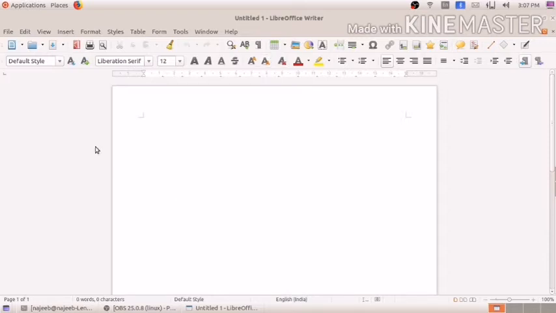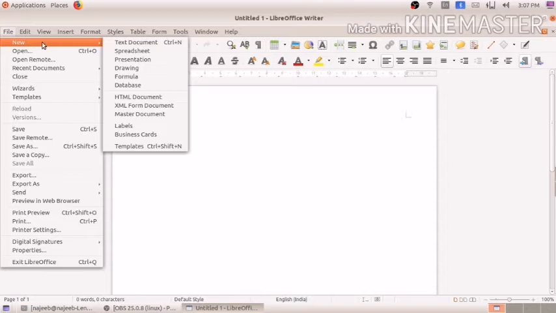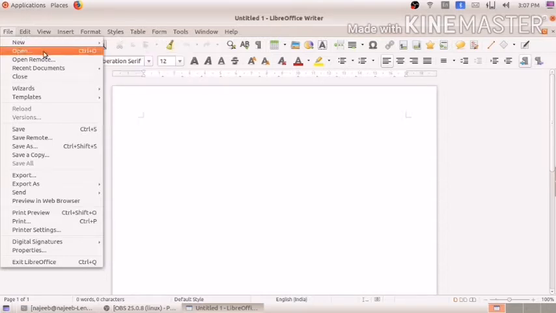Here you see, first, this is what is known as the menu bar. Here you can see the File menu. In the File menu you can see New Text Document. We can create new documents, then we can open already created LibreOffice Writer documents.